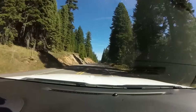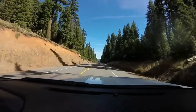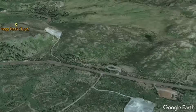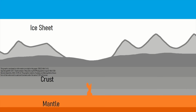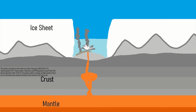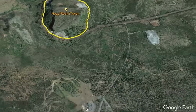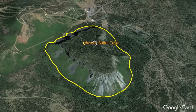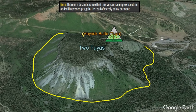If you were on US Route 20 heading northwest of the town of Bend, you would encounter 2 fascinating volcanic features. One of these features is part of a subglacial volcanic complex involving the flat-topped Hog Rock, which is a small-scale example of a toya that completely formed underneath a thick ice sheet approximately 80,000 years ago. Yet, since this and its neighboring Hayrick Butte toya to the south have not erupted since the end of the last ice age, this complex, which I will simply call the 2 toyas, would not be classified as active but